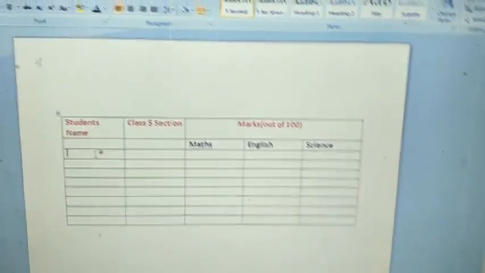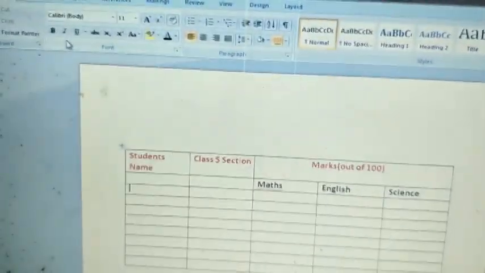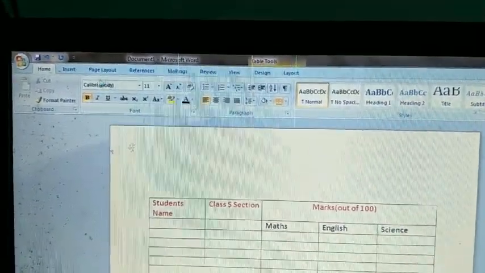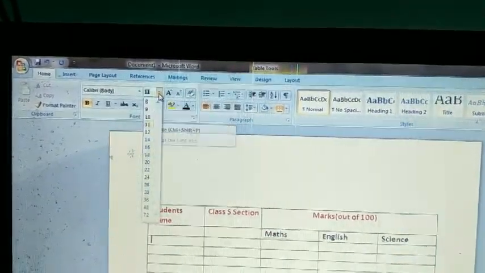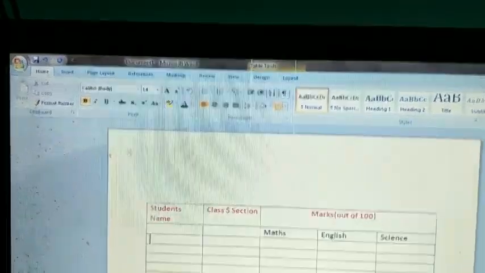So insert, click on the bold option and choose size 14.